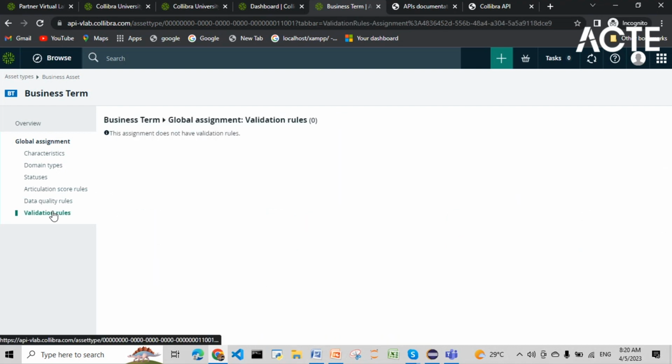And we have data quality rules and validation rules. So a validation rule will basically act on the attributes. For any business term, if the business term has a definition, it is valid. Those kinds of Groovy scripts I can give. So in the PPT we saw that day, if the description is not empty, then the business asset is valid. And then I can check those attributes